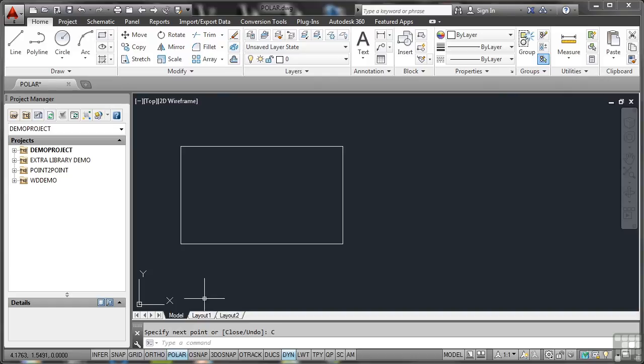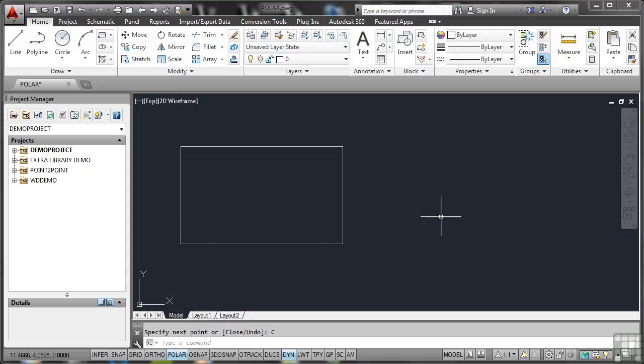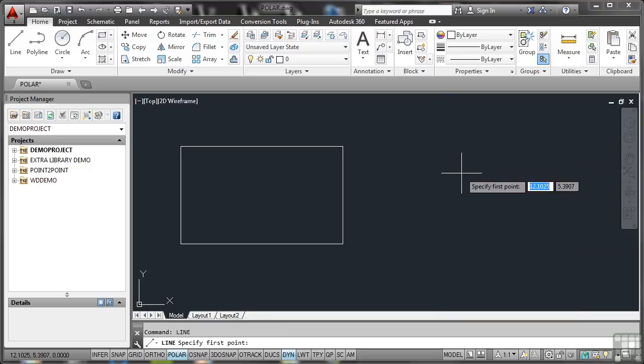If I right click on polar, you'll see that there's various default angles that I can set it to. So let's use 45 now. I'll draw over here on the right now, and what I'll do, I'll right click, recent input, line. Now if I draw a line again, click and drag horizontal,